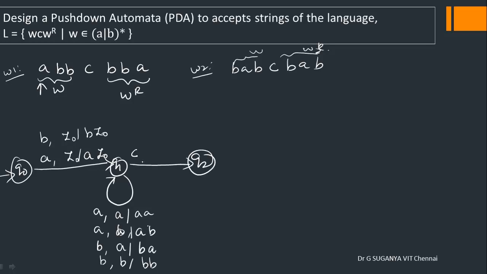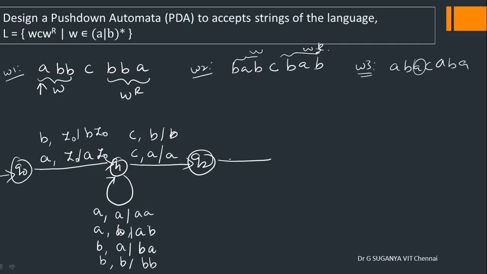What is the delimiter? When C comes on the input, again there are two possibilities. If you think here, B is on the input. Again, if you take one more string W3, let's say A B A C A B A, A will be on the top of the stack. So A can also be there, in which case you should not change. B can also be there, in which case you should not alter the stack content.